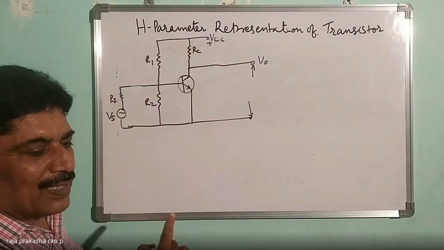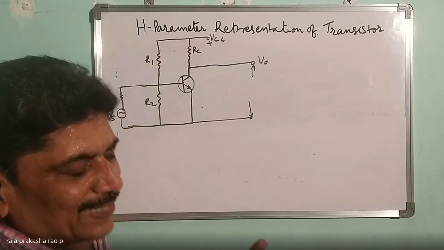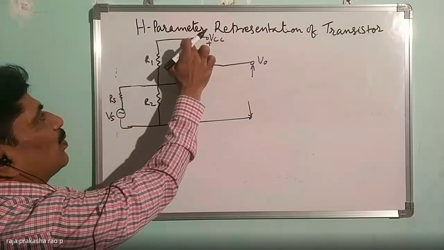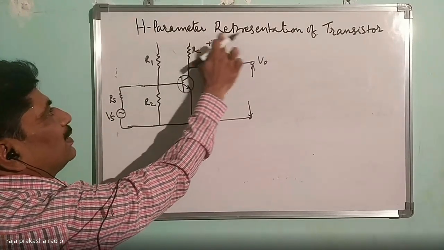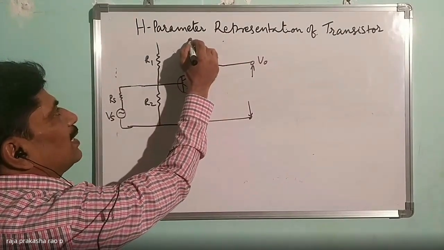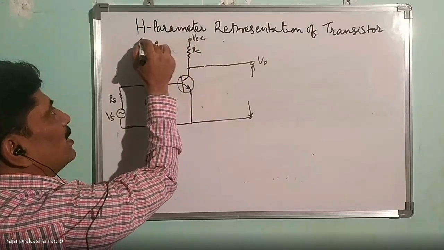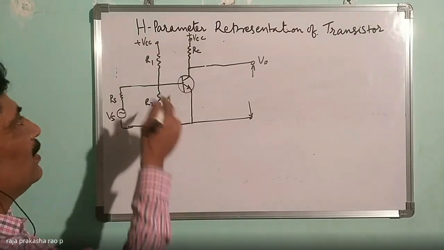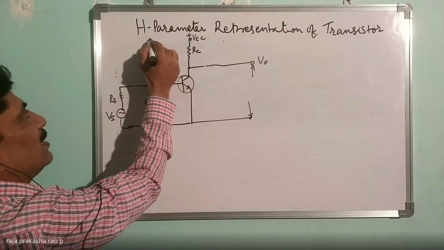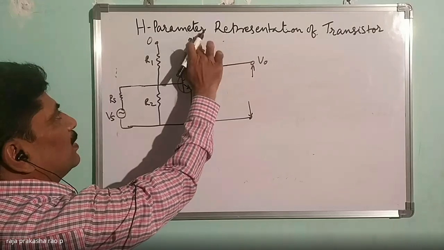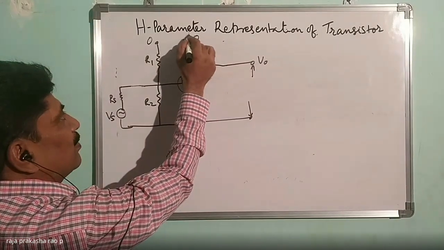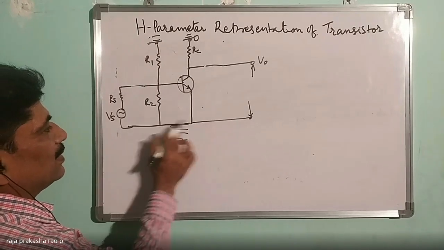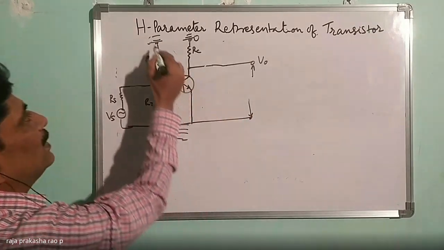And what is the third step? We have to remove VCC. VCC can be applied at this point also, is it not? This VCC is available at this point, and at this point also VCC is there. Since we are grounding that, it can be set to 0 volts, or it can be grounded like this. Another ground is here. Okay, this is grounded, so these two can be added.